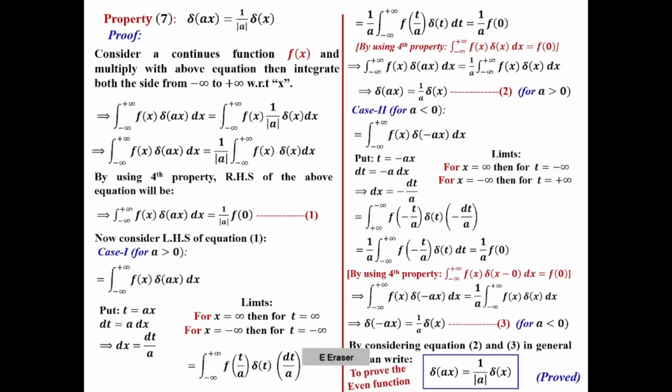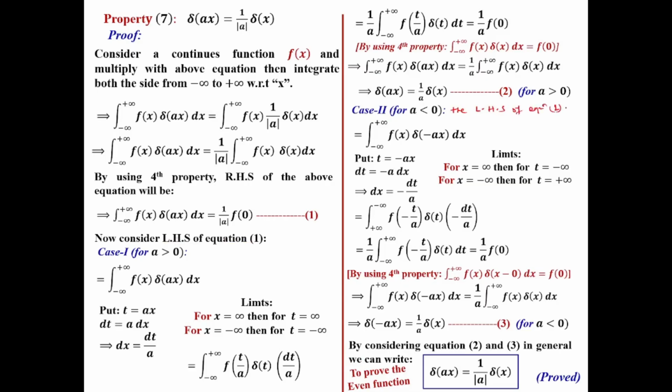That means we considered a positive. Now we are going to consider a negative value, a less than 0. What will be equation number 1? Now we are going to put this a as negative in the LHS of equation number 1. Here, case 2, for a less than 0, the LHS of